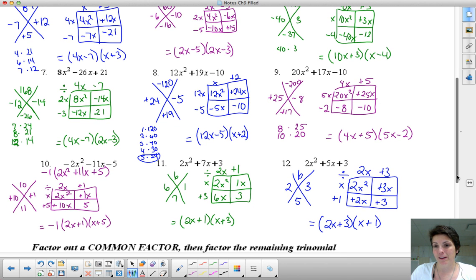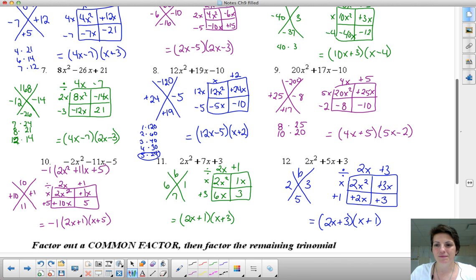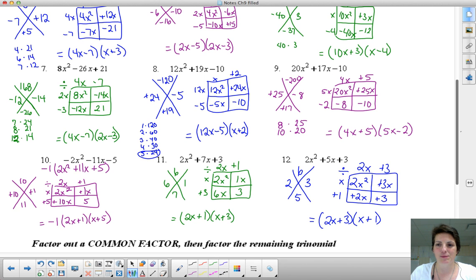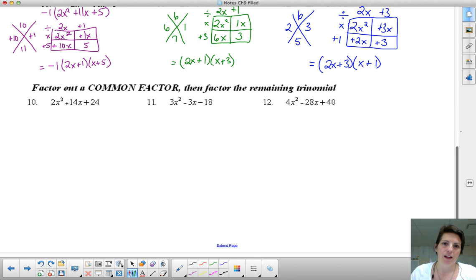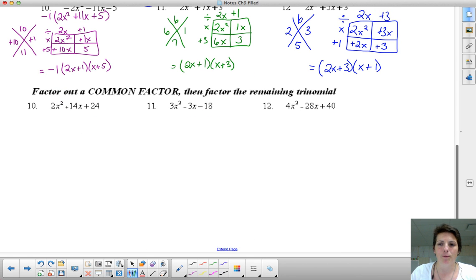And what I'd really like to spend our time on at this point is down here at the bottom where it says factor out a common factor, then factor the remaining trinomial. This goes back to taking our section 9.4 work and our section 9.6 work and putting them together. So when we look at problem number 10, 2x squared, 14x, and 24 should all stand out as having a